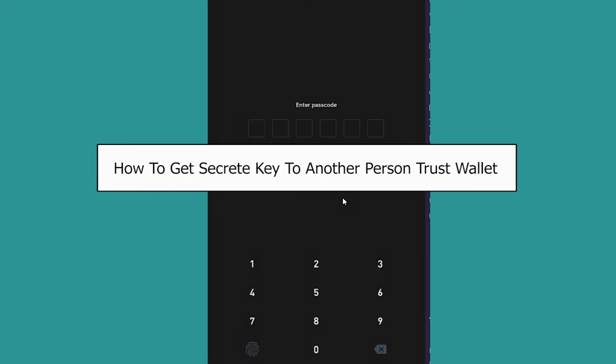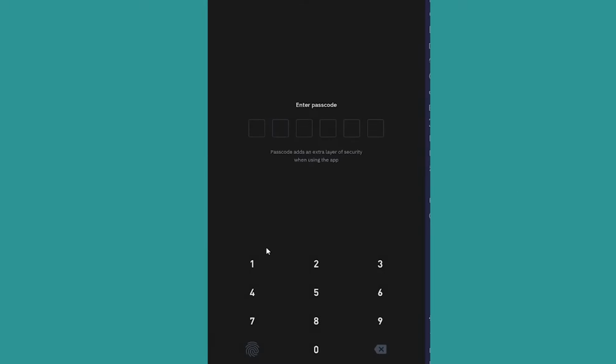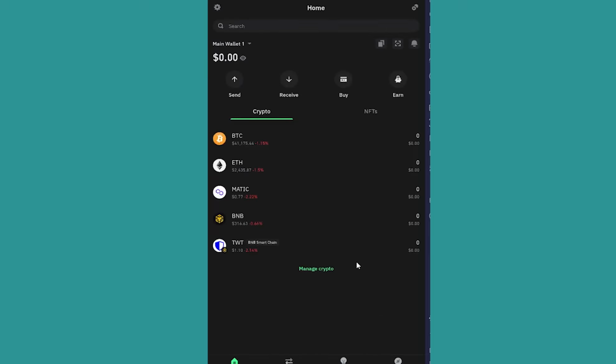Today I'll teach you guys how you can get the secret key to another person's wallet. Now it's pretty simple and it's pretty difficult as well. First you need to have access to that person's Trust Wallet on their phone. By that I mean just take their phone, and after you get their phone and you open their Trust Wallet,